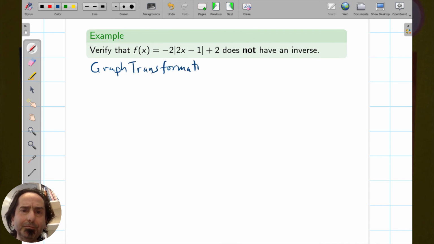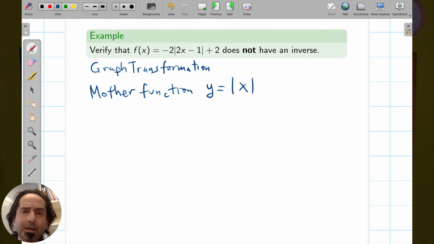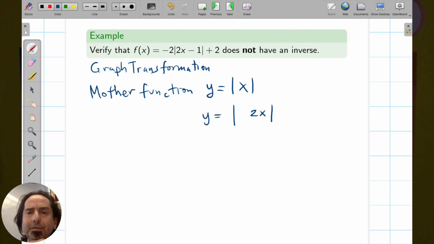There's a simple graph that we're starting with, and sometimes it's called the mother function, and that's y equals the absolute value of x. And then if I change it, let's say y equals 2x, absolute value of 2x,